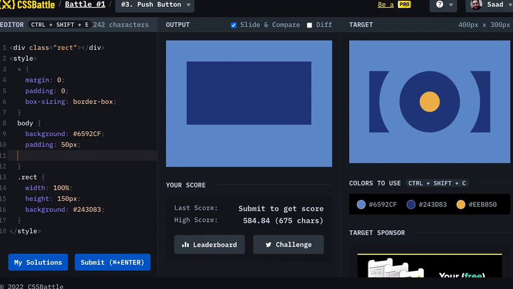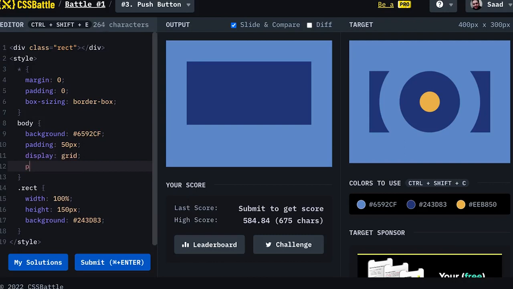place the items to the center, making the body a grid, and place items to the center. Okay, place items center. It is a combination of two properties, like align items center and justify content to center. So